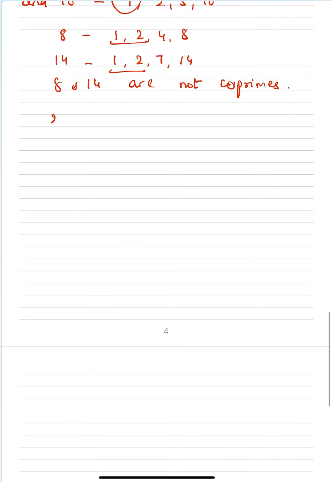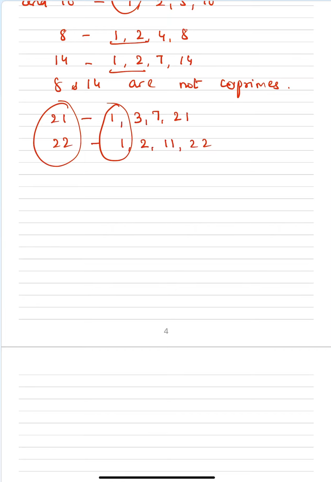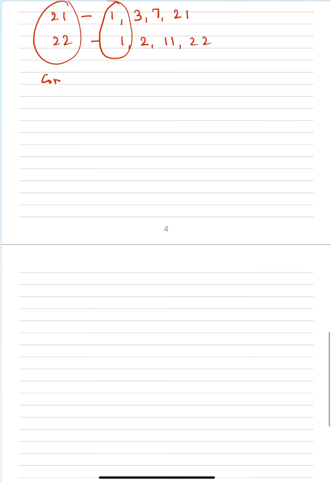If I take 21 and 22, factors of 21 are 1, 3, 7, 21. 22 are 1, 2, 11, 22. We can say they are co-primes because their only common divisor is 1. So we can say 21 and 22 are co-primes. Okay. So twin primes and co-primes are two different types of prime numbers. Okay. So now